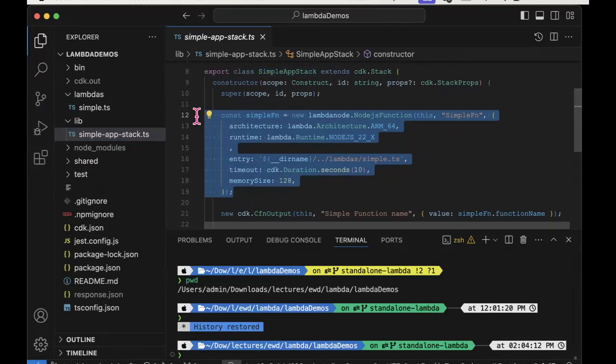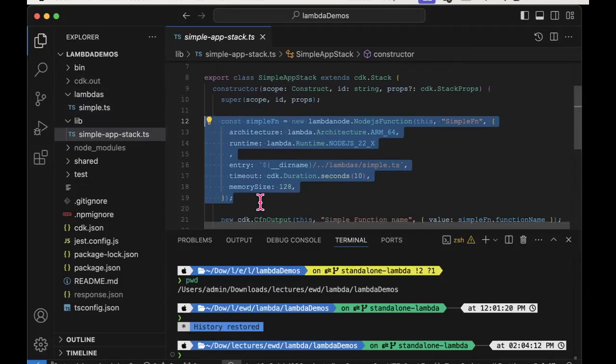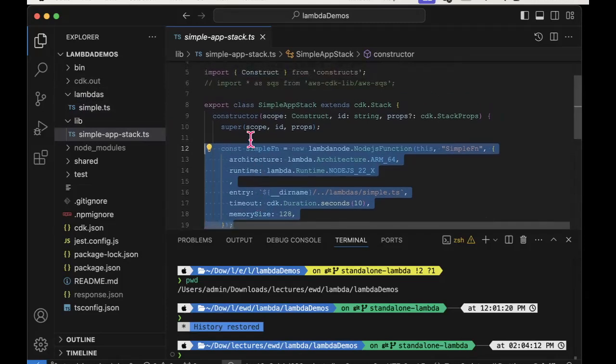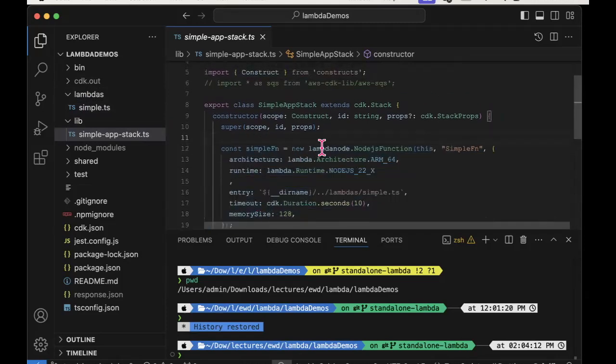The Lambda function is actually in a separate folder, which we'll look at in a second. All I'm looking at here is the infrastructure. So we need to provision a Lambda function, and if we look at the provisioning, we've got a nice convenience class available to us called the Node.js function. This is another example.